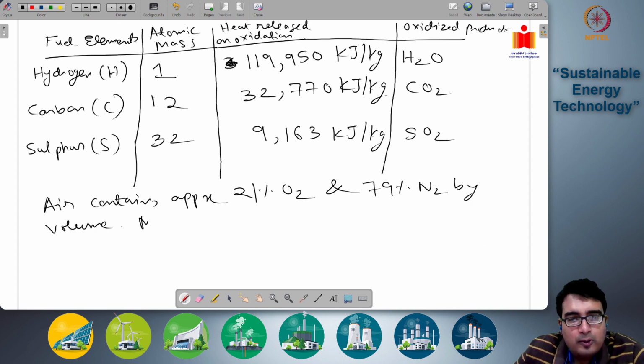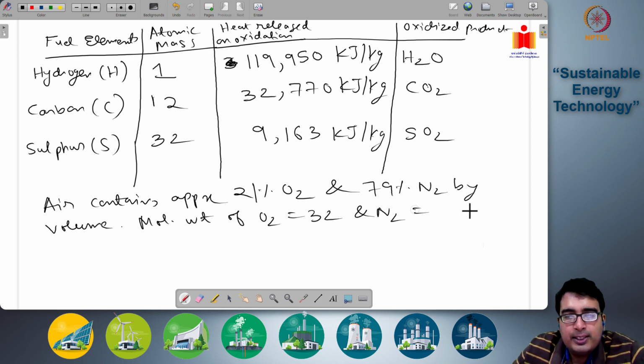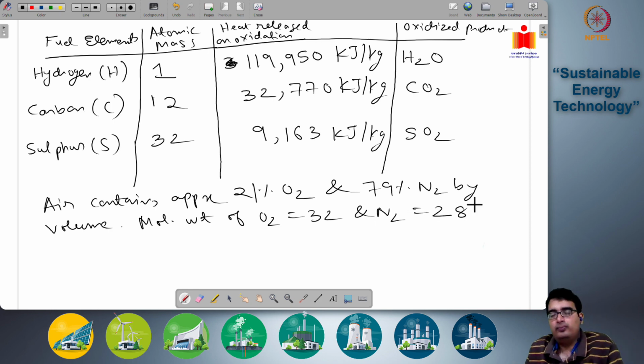And the molecular weight of oxygen is 32, 16 into 2, and nitrogen is 28, 14 into 2. So 1 mole of molecular oxygen weighs 32 grams, and 1 mole of molecular nitrogen weighs 28 grams. Based on these data,